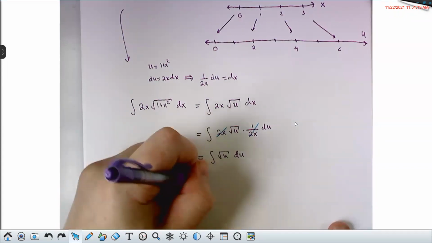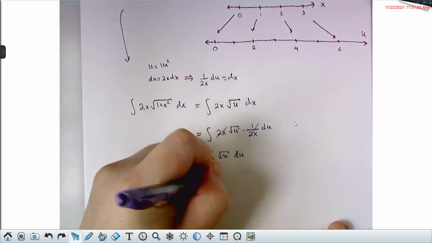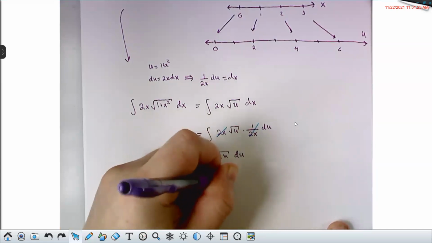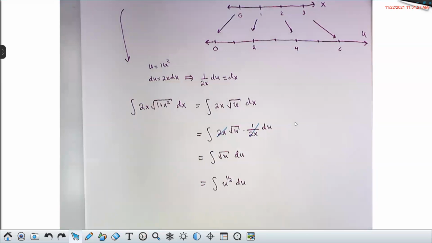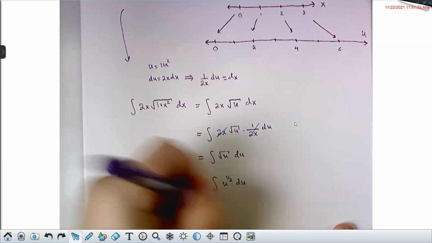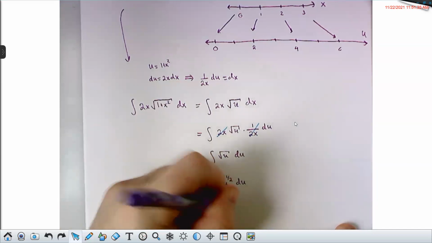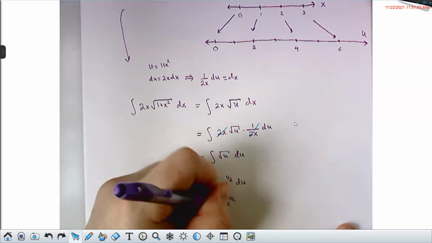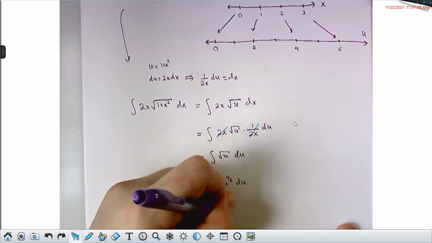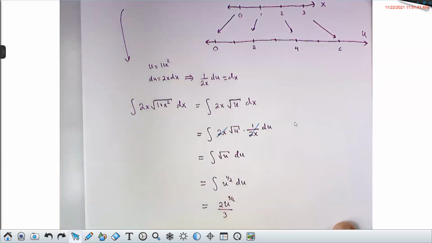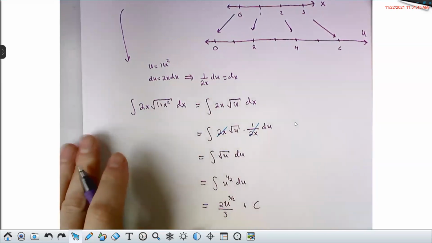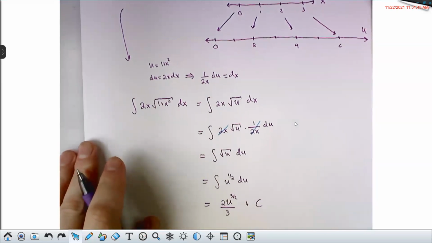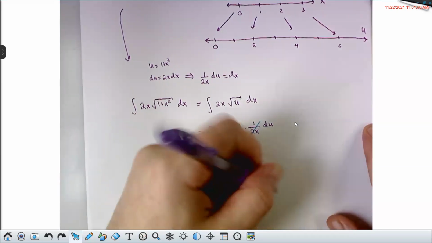And now this is an integral I know how to solve purely in terms of the variable u. This is u to the 1/2 du. And I apply my power rule. I get 1/2 plus 1 is 3/2. And if I divide by 3/2, that's the same as multiplying by 2/3. And we have a plus c coming in at this stage. And then finally,